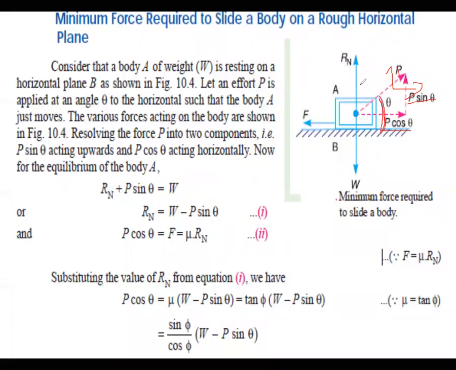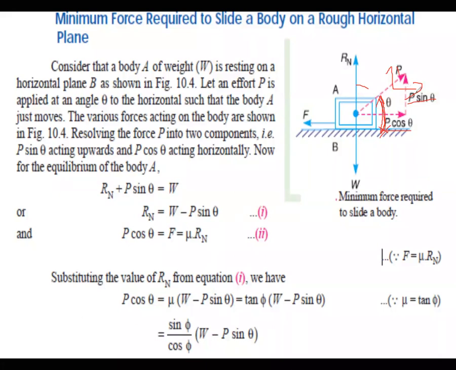Whenever theta is represented from the vertical, then these two are swapped. So instead of sin theta at horizontal, you take cos theta at horizontal, and for vertical you take sin theta, you can consider sin theta for horizontal, right? You have to remember the representation. Once theta is represented from the base, then cos for horizontal, sine for vertical. If theta is represented from the vertical, not from the ground, then these two, cos theta and sin theta, are swapped, right?